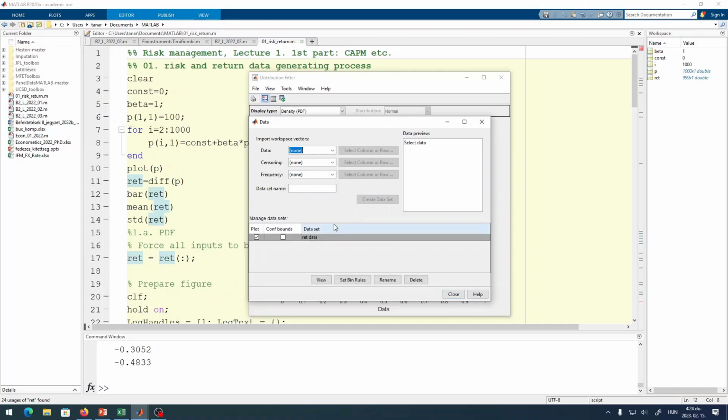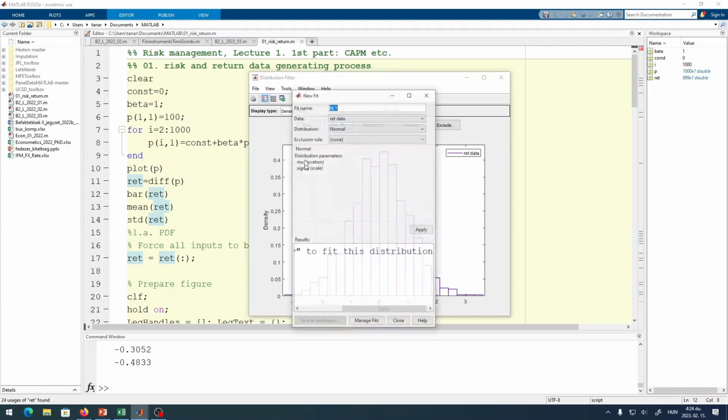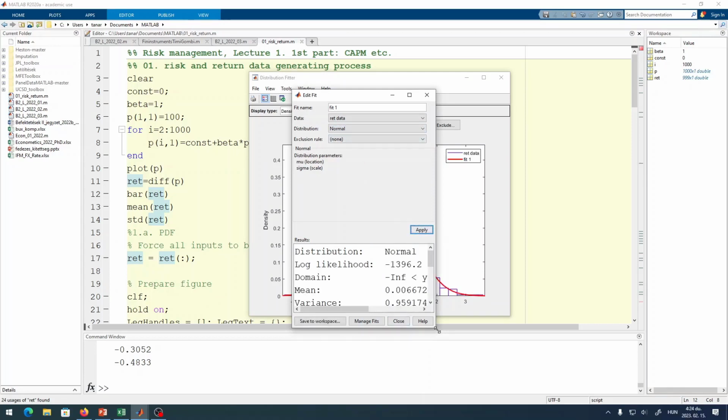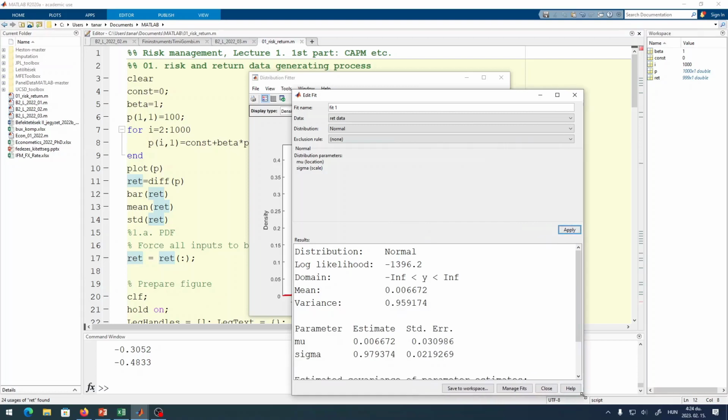Yeah, create data set, yes, okay, we have to select this one, and after that we can fit different distributions. So we can set it to normal distribution. Let's apply this. After that, it provides us the necessary information, and we can see that, yeah,